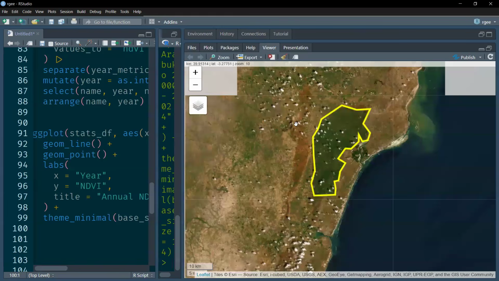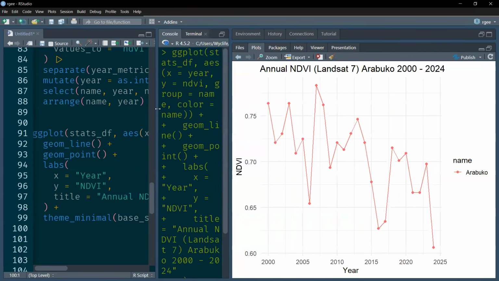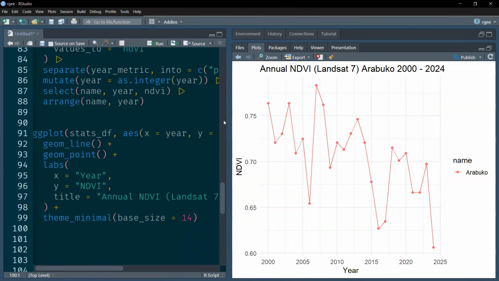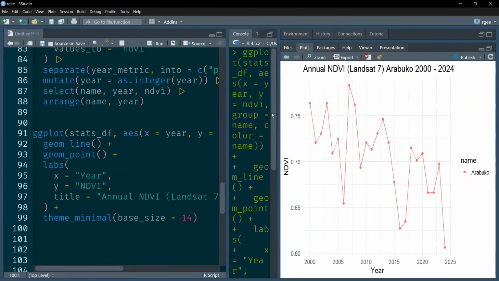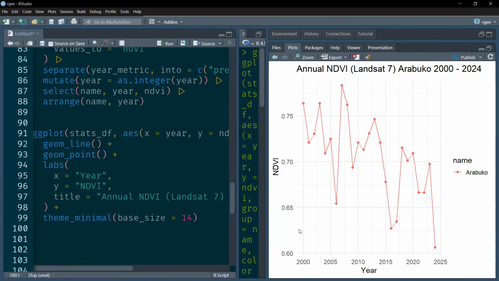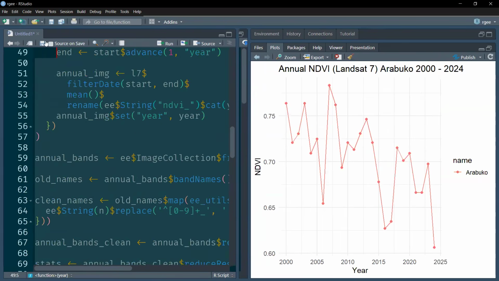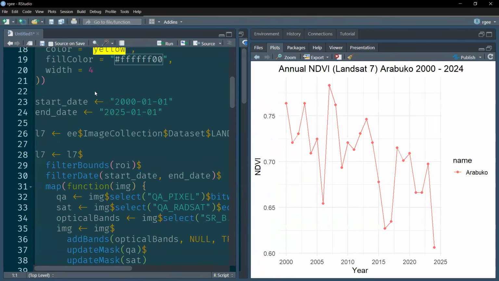for this particular forest at the coast. But generally, what everybody can see is that it's declining over time. Maybe more trees are being cut, or it's becoming more bare or something like that. Of course, it's still quite healthy considering NDVI values of about 0.6 or 0.7. It's quite healthy. Okay, so I think that's all I wanted to share with you today,